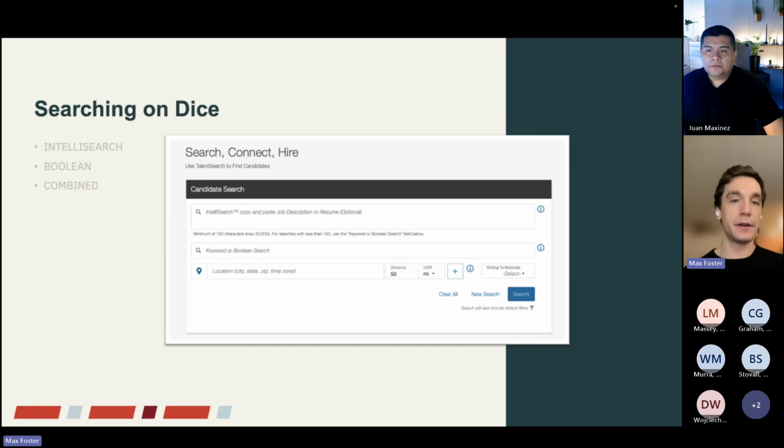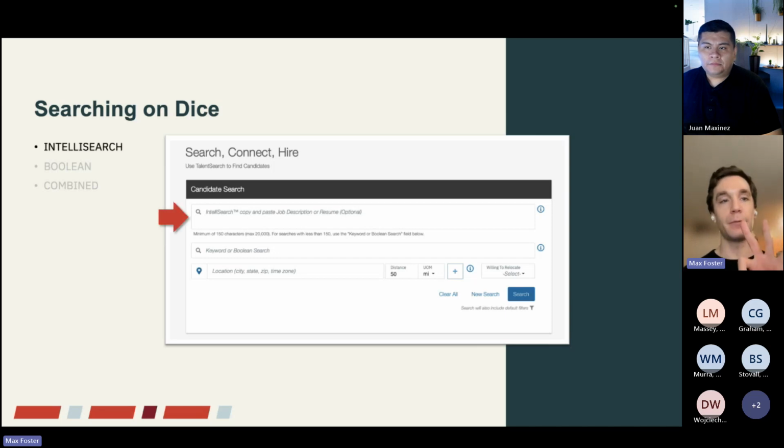We offer a ton of different products out there to help you find and pinpoint different types of tech candidates. Today, this is what recruiters use, and what we give you is the search aspect, right? We have a whole database here on Dice where you can search into. Now, it's really, really nuanced, and finding those tech candidates can be really tough, but that's what we're going to go over today.